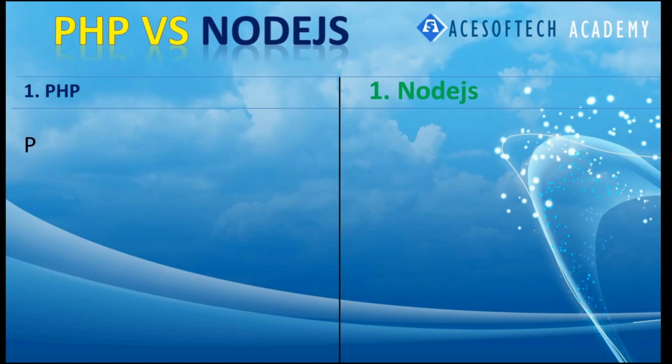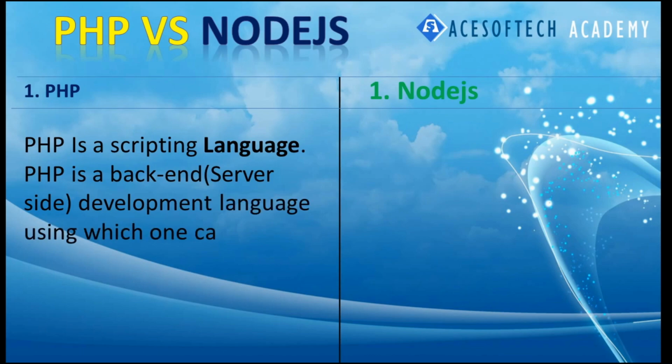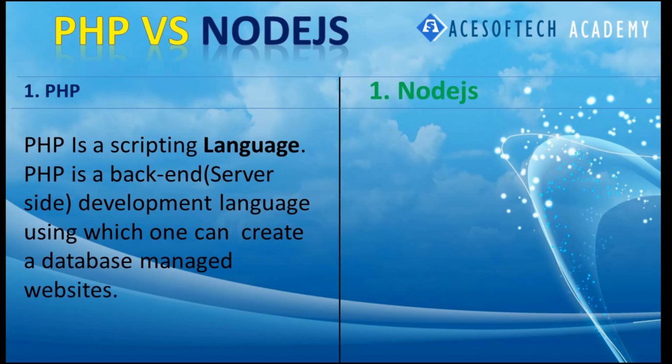So the first difference is PHP is a scripting language. As I have mentioned before, PHP is a scripting language. PHP is used as a backend server-side scripting language through which a database-driven website can be developed. On the other hand,